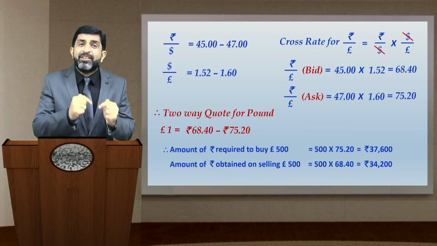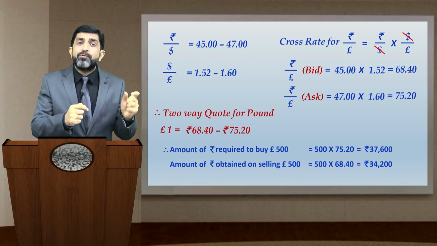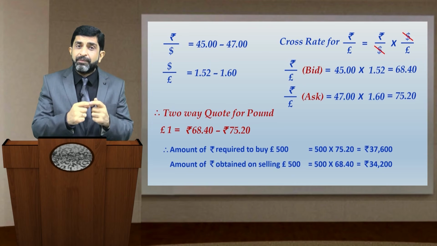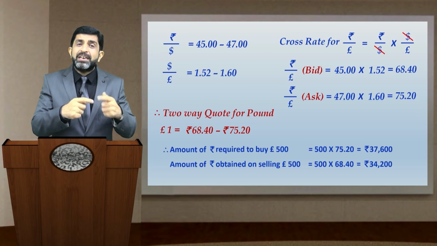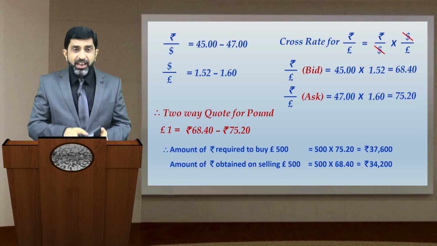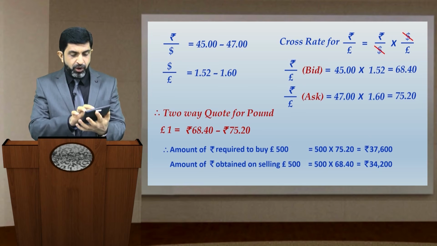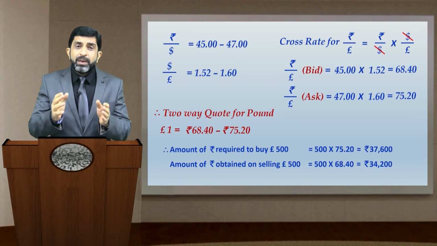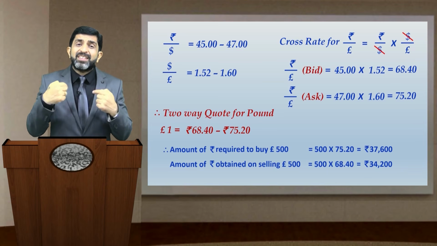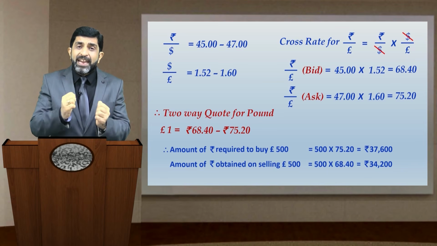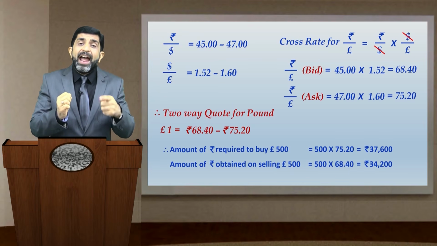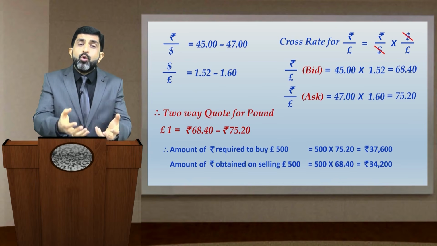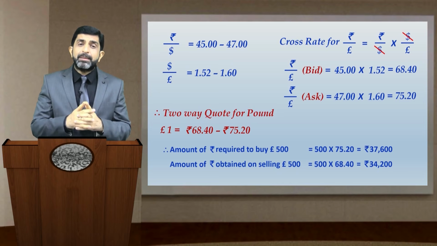To buy $800, the applicable rate of dollar will be the ask rate again. That means I'll multiply 800 by 47. So friends, 800 multiplied by 47 will give you, let us check. If I take 800 into 47, I get rupees 37,600. So eventually I will have to pay rupees 37,600 to obtain $800, and then take those $800, provide that to the other bank from whom we can buy 500 pounds ultimately.